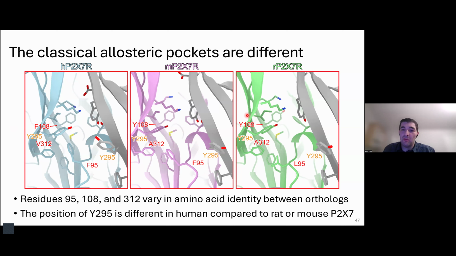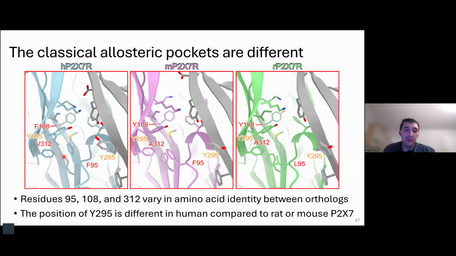Next, residue 108 is a tyrosine in rat P2X7 and mouse P2X7, but it's a phenylalanine in human P2X7. And then finally, residue 312 is an alanine in rat P2X7 and mouse P2X7, but it's a valine in human P2X7. And I'm going to show this in more depth in the next slide, but interestingly, valine 312 in human